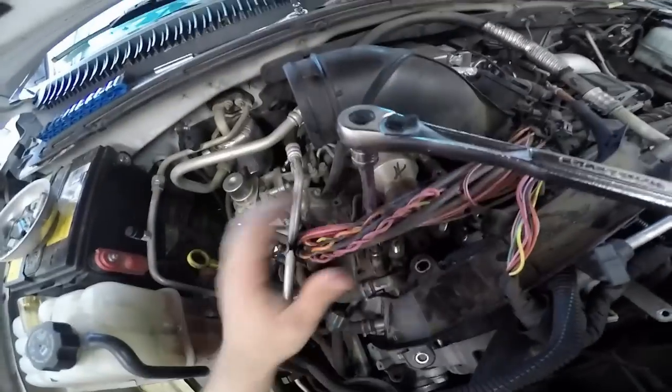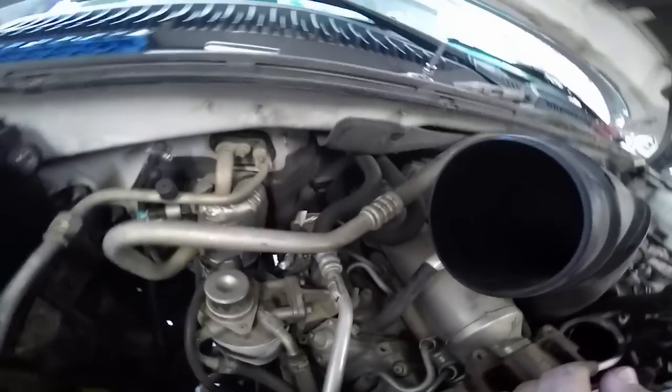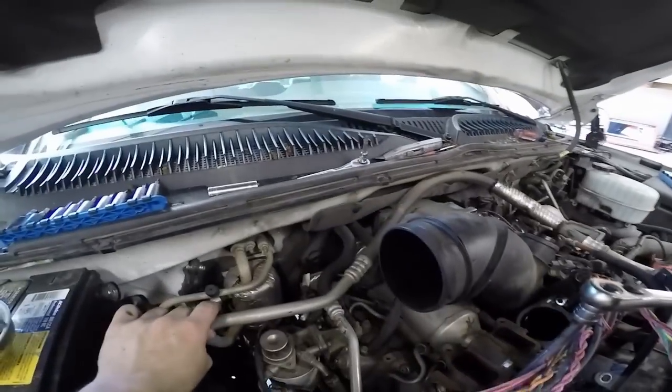We're gonna remove these bolts. There's one right there, one right in there. Then you'll have your bolts in back too. I don't know if you can see it, but I'm gonna wait on removing the coolant lines. I have not drained the system, so that will be the last thing I do. Okay, this thing's been kicking my butt. Anyway,